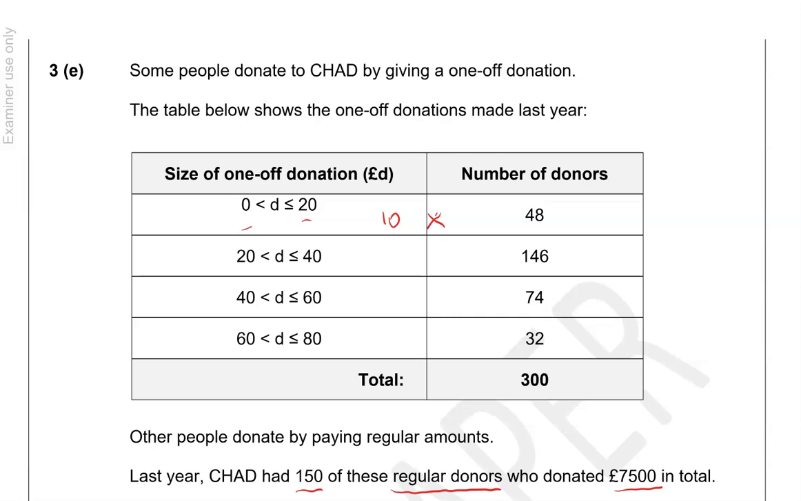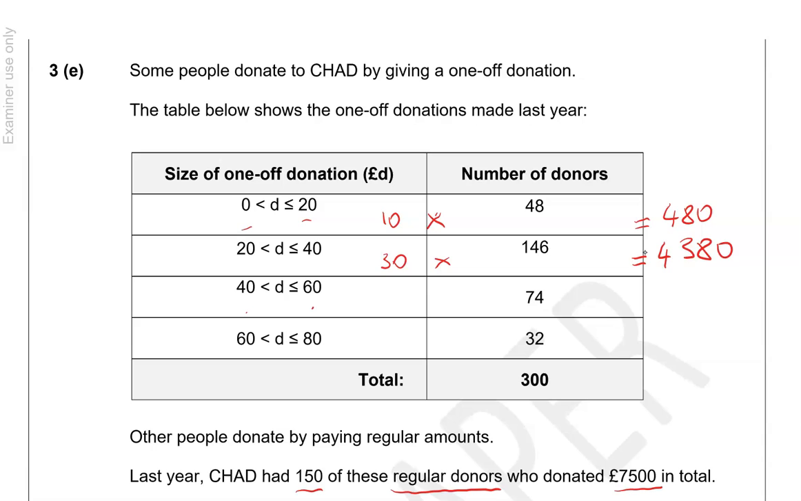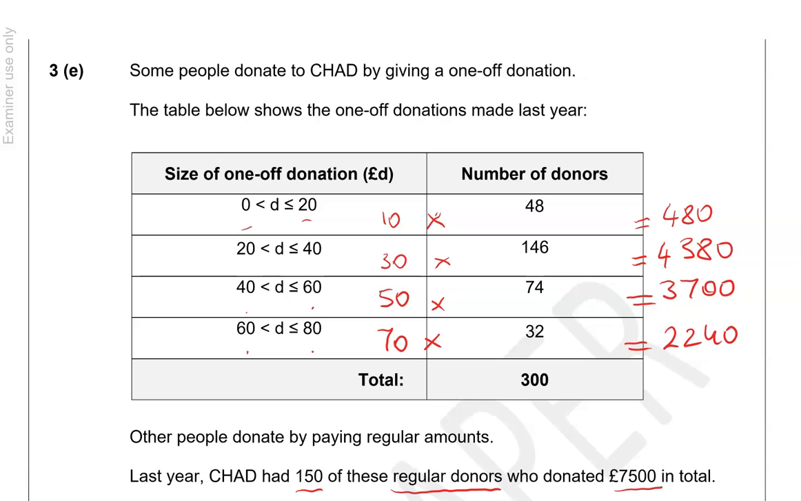So we're going to multiply that by 48, which gives us 480. Then we've got between 20 and 40, that's 30. Multiply that by 146, which is 4,380. Between 40 and 60 we have 50 times 74 is 3,700. Between 60 and 80 we have 70 times 32 gives us 2,240. So adding all of these together gives us